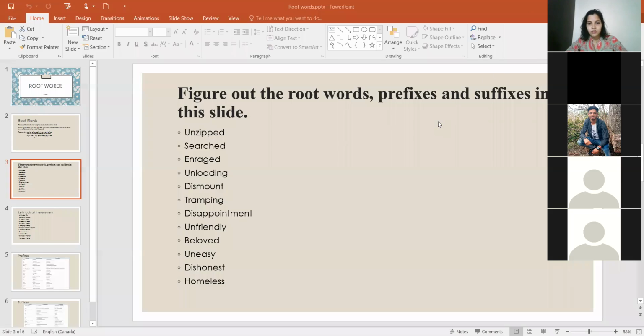Yes. So en is the prefix, very true. And the root word would be rage, very true. And we have added d at the end to indicate that it is of the past tense, right? So we have a word rage, we have enraged, en, and we have also added d at the back. So root word would be rage. Rage means anger. All right. So let's move on to the word unloading.